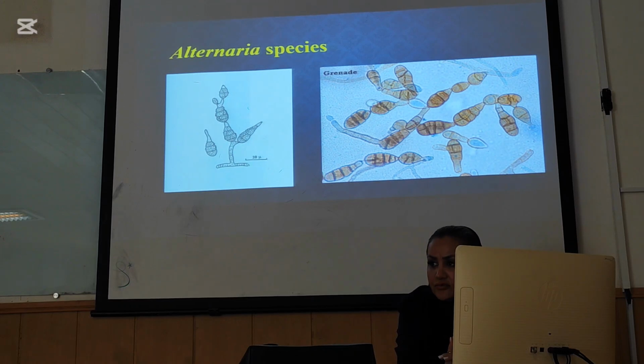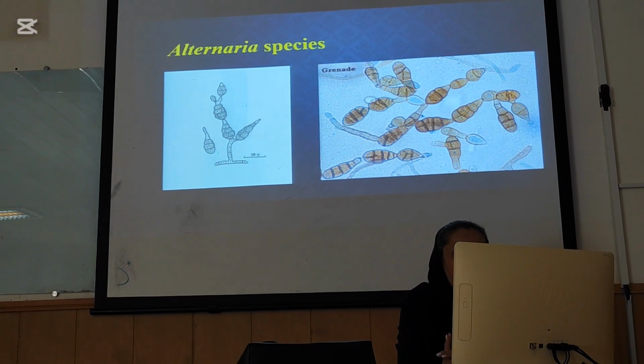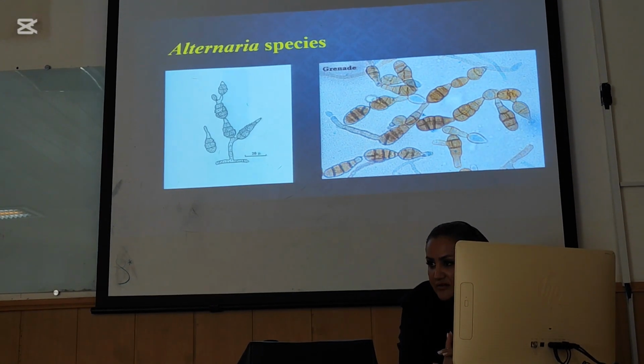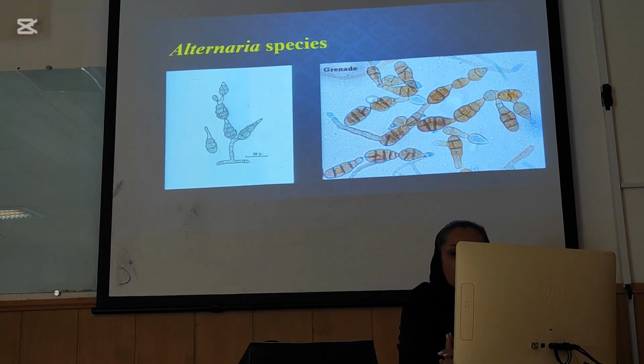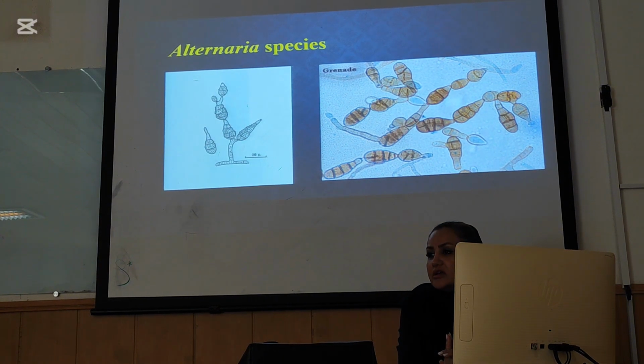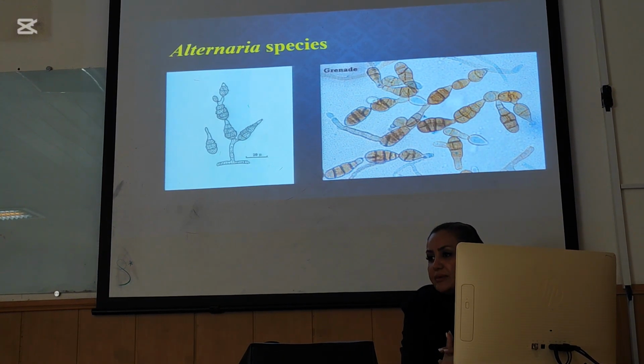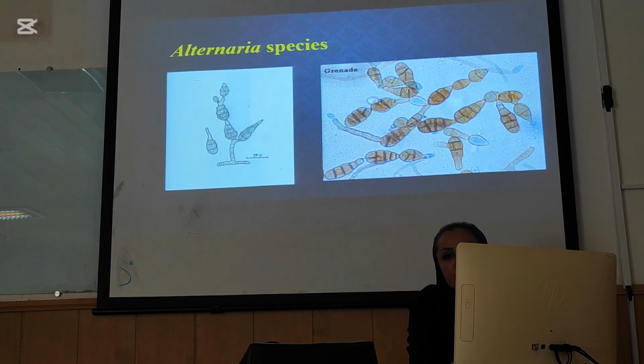Alternaria is another fungus that has melanin in its cell wall, and the special key to diagnose this fungus is its conidia, because the conidia are very similar to a grenade or blackberry. And if you see one of these fungi under the microscope, you should diagnose